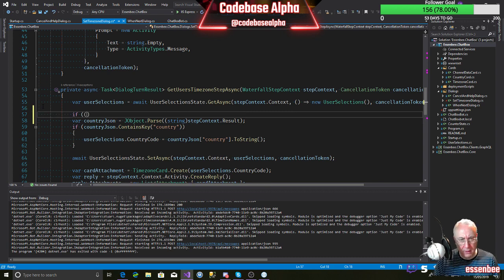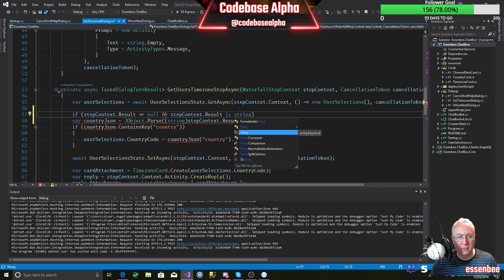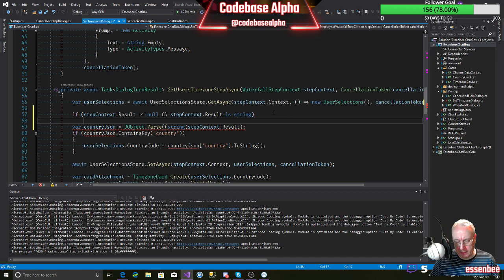So if step context.result is not null, and step context.result is a string. So we've got a non-null value in there, and it is a string.